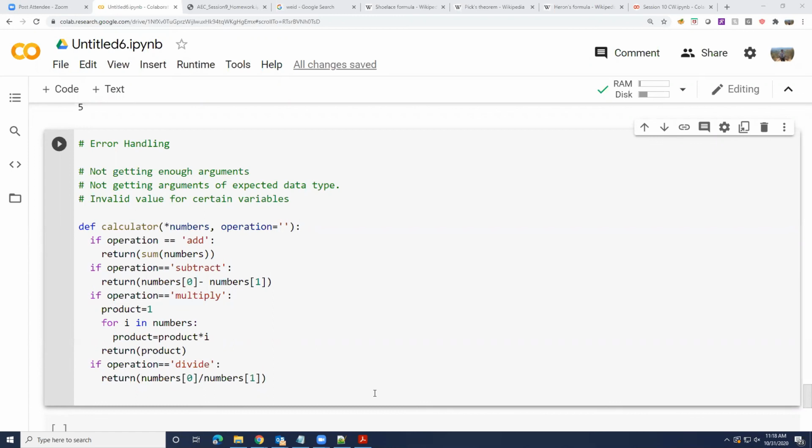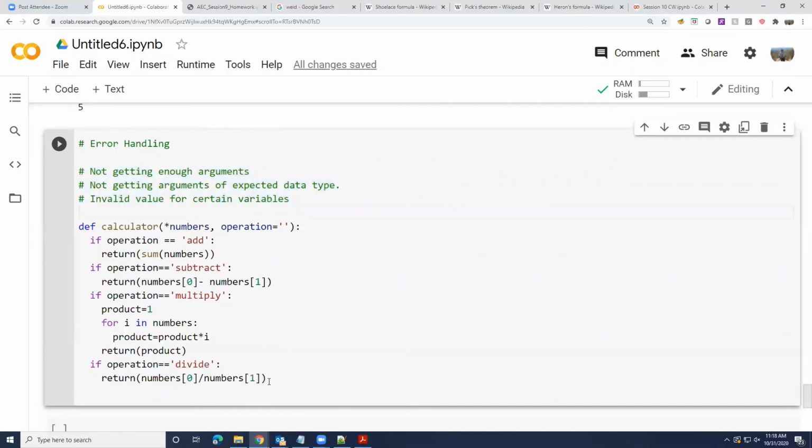Right, you can do else. That's one possible way. Prince, you can do else. That's definitely a possibility. No, I'm not saying how to do it. I'm just saying what are the types of problems you can get when you take these inputs. Now let's get into how to solve these. So the first thing, invalid value for certain variables. How do you fix this one?